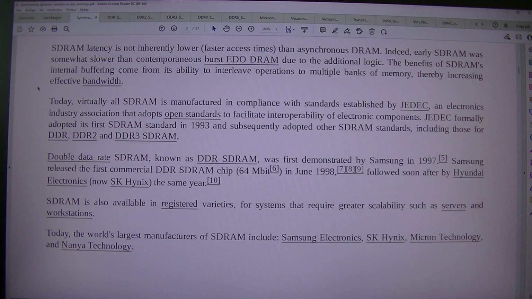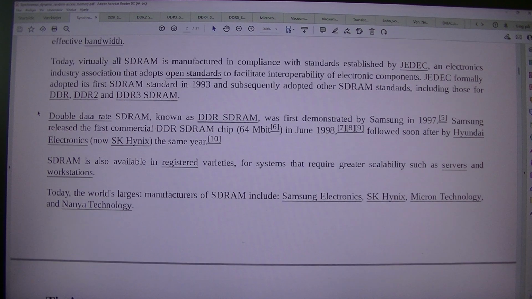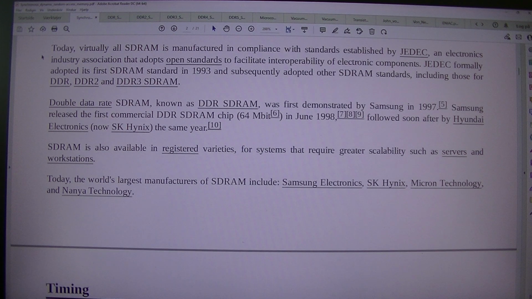effective bandwidth. Today, virtually all SDRAM is manufactured in compliance with standards established by JEDEC, an electronics industry association that adopts open standards to facilitate interoperability of electronic components. JEDEC formally adopted its first SDRAM standard in 1993 and subsequently adopted other SDRAM standards, including those for DDR, DDR2